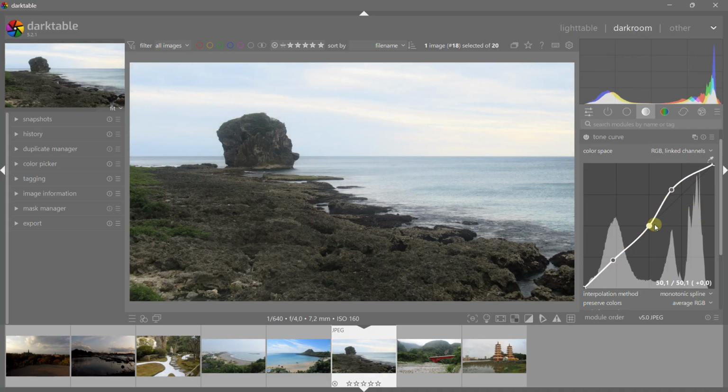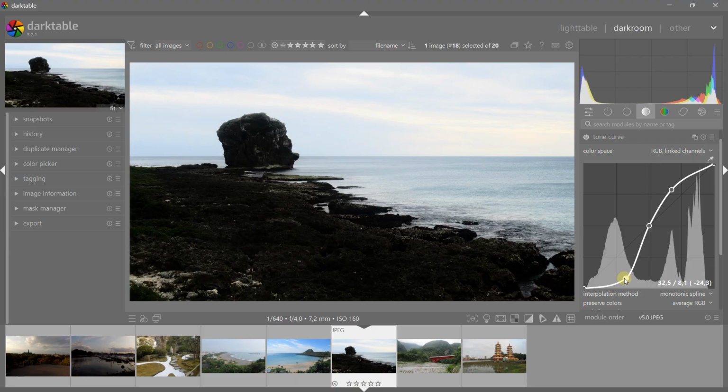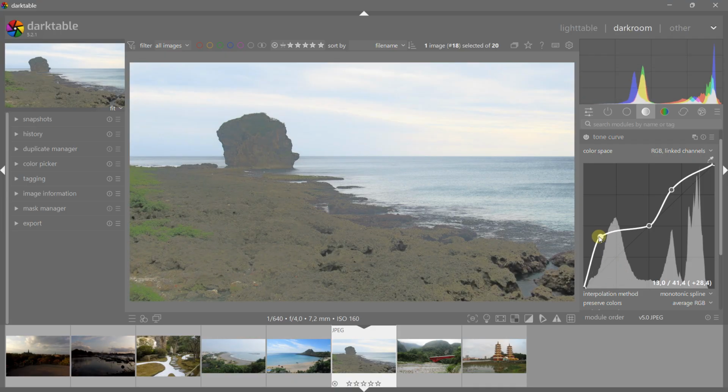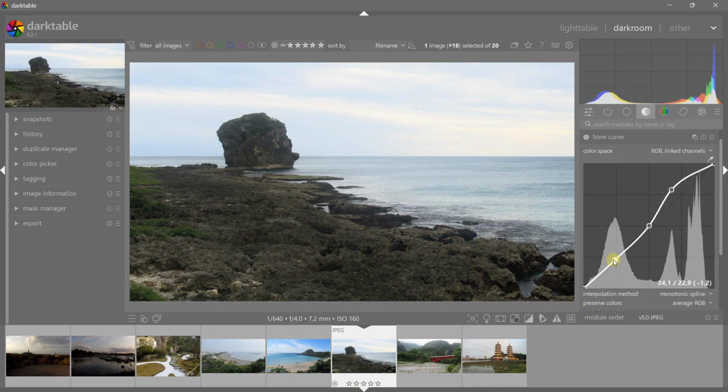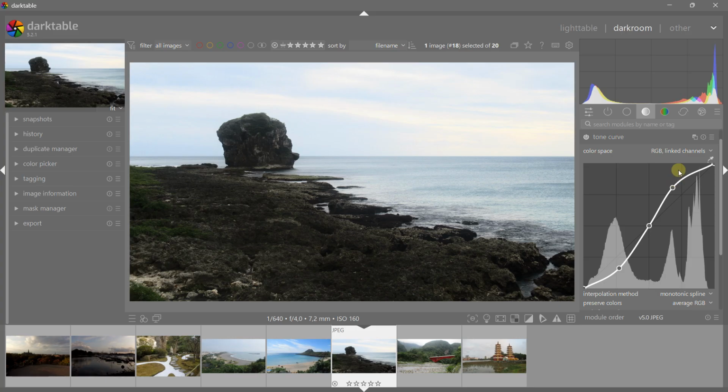And if I move here, I created an interval from this point to this point, and we can work on the shadows. I will darken only the shadows or lighten only the shadows as well. What is the basic curve that you can create using these 3 points to increase the contrast? You move this point here, you move this point here, and this is a basic curve that you can use